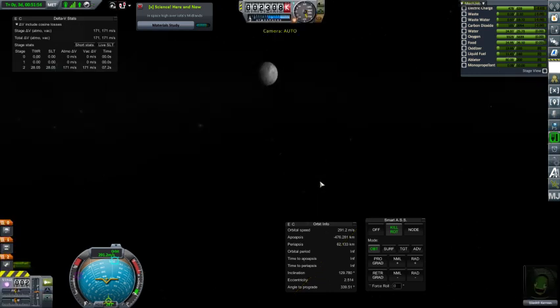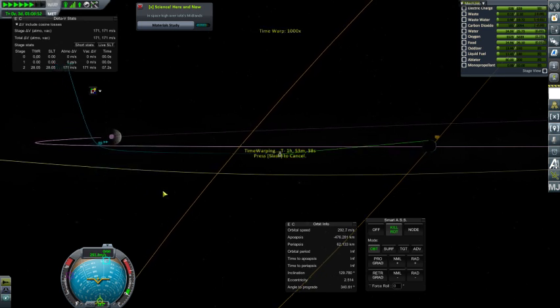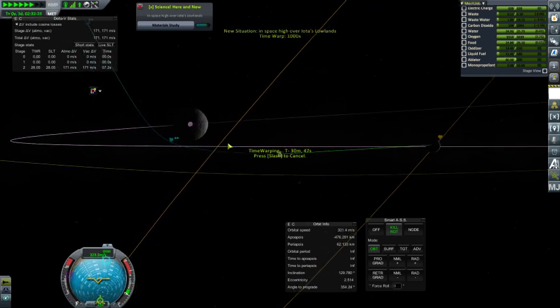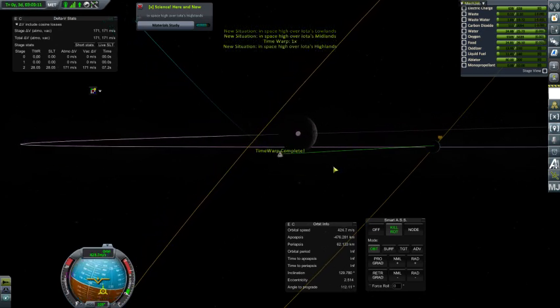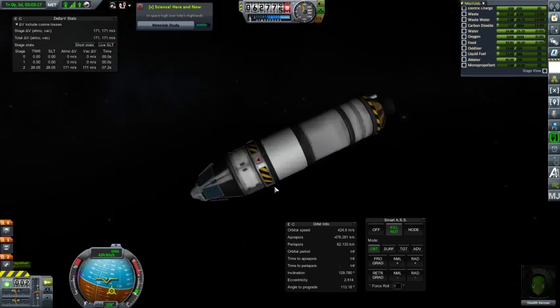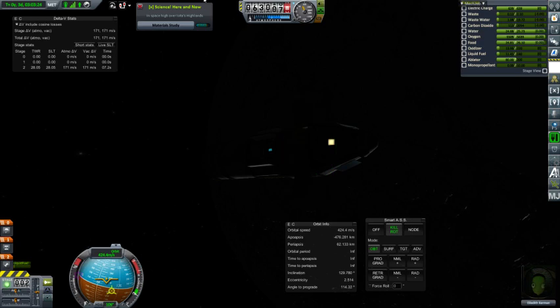So what we can do is just actually make sure before we do warp that we can keep the panels pointed the right way. We're going to warp to periapsis, at which point we're going to be going low over the moon. So this is, if we could do the same thing we did over Kerbin, potentially if we were in orbit you could just pop out and get the EVA. Right, so this, is it still counting as...